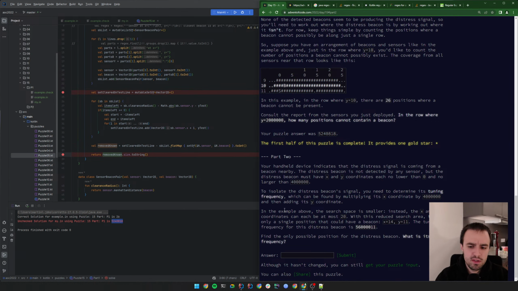The distressed beacon is not detected by any sensor, yes, but the distressed beacon must have x and y coordinates, each no lower than 0 and no larger than 4 million, yeah, huge number. To isolate the distressed beacon signal, you need to determine its, that doesn't really matter. I mean, the tuning frequency is only, but that actually means I should, within this area,